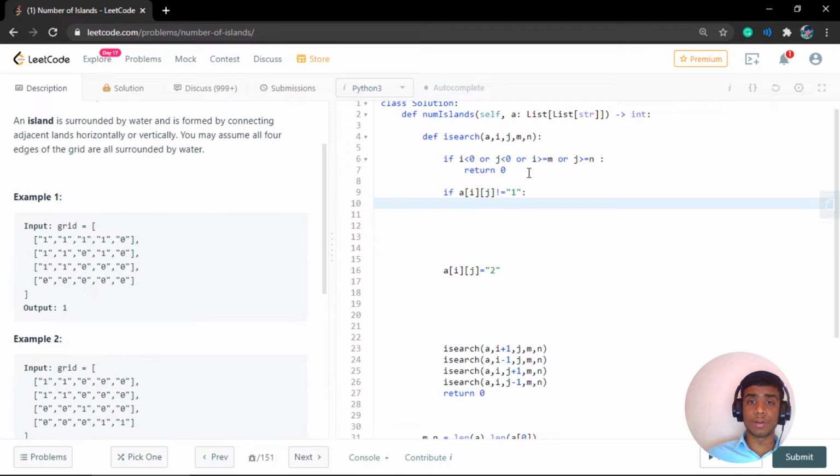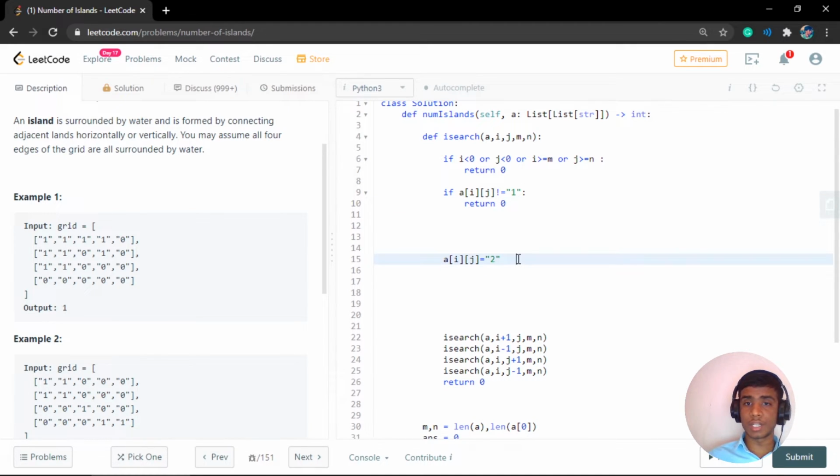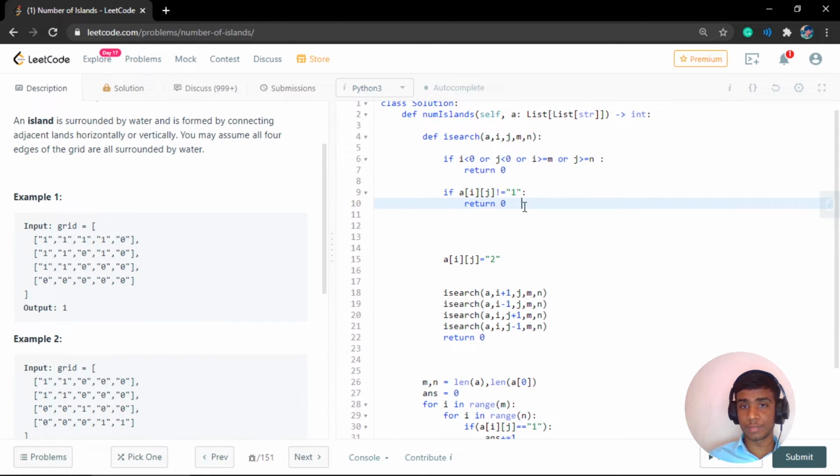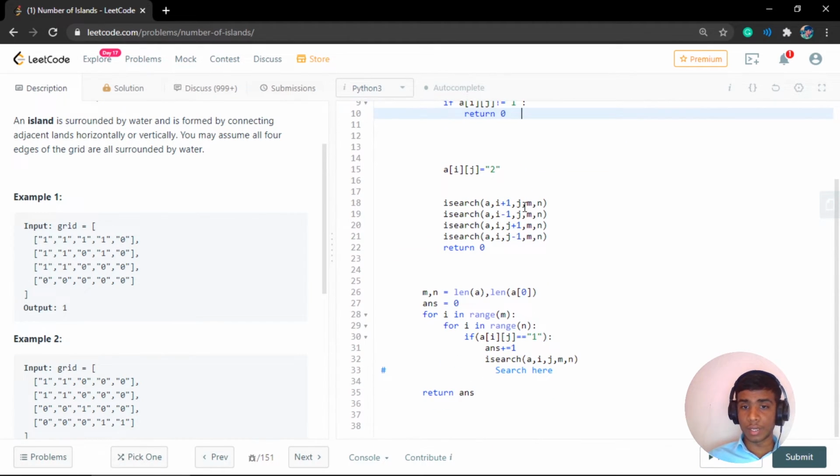So if a of I j is not equal to 1, then we are going to return 0. Our search will be done here, right? So in all other cases, I'm going to mark that node as 2. That means we have visited and this belongs to an island. And yeah, that's it. It looks fine.